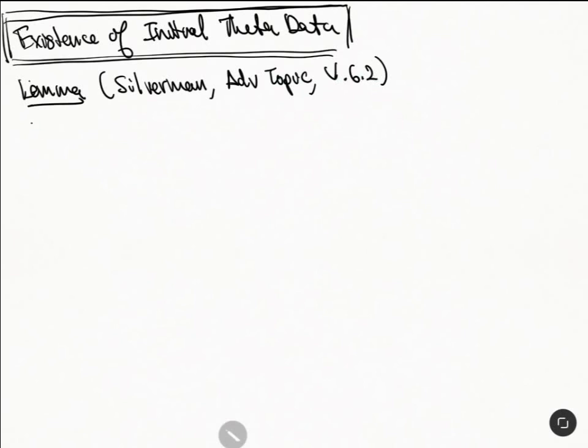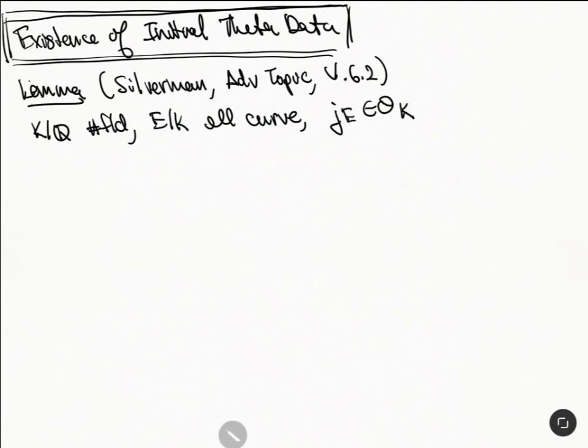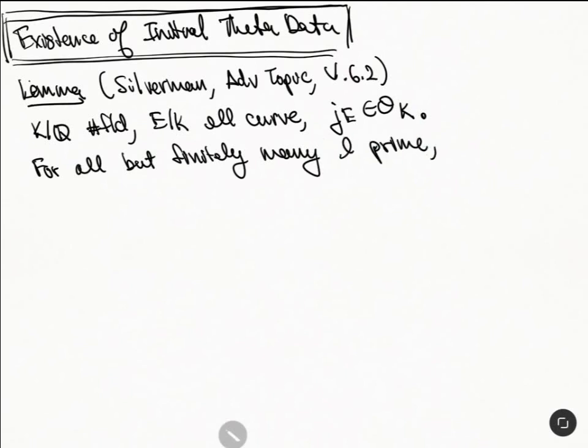Okay, so we're going to take K over Q to be a number field. So this is what we're going to fix. E over K, an elliptic curve. And then we're going to suppose that the j-invariant is not integral, so it doesn't have potentially good reduction everywhere. And so for all but finitely many l prime, so this is a rational prime,